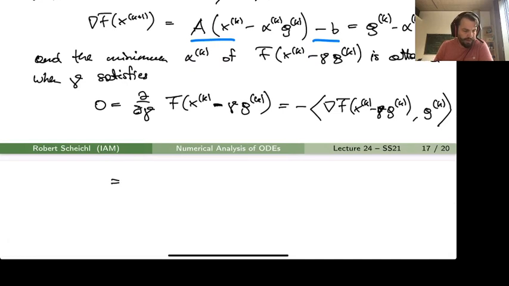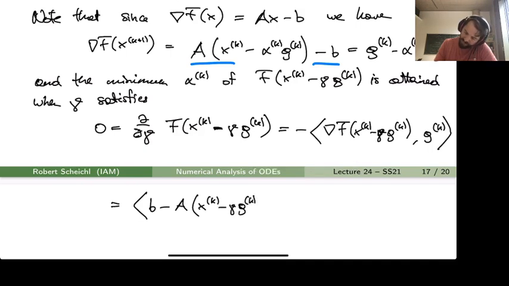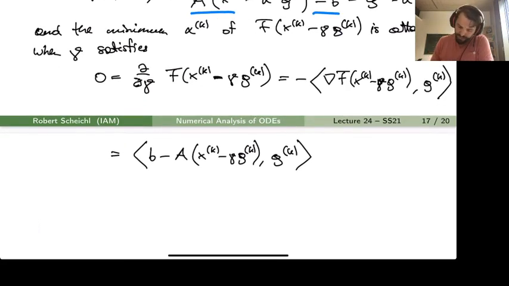And now using the definition of the gradient, or we know what the gradient is, namely here, we get b minus A(x_k minus gamma g_k) with g_k, which we can by linearity separate into, so I can take those two together here, and that's obviously g_k again. So these two are just g_k,